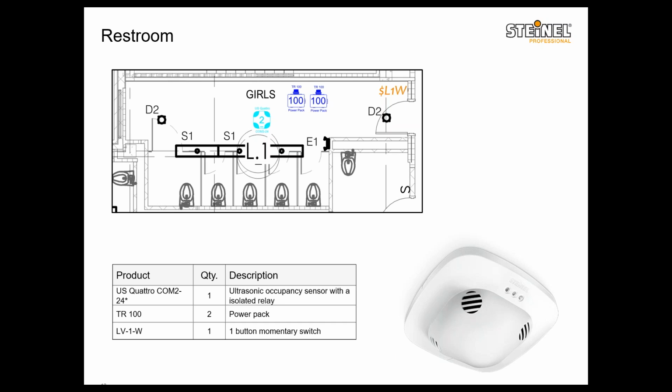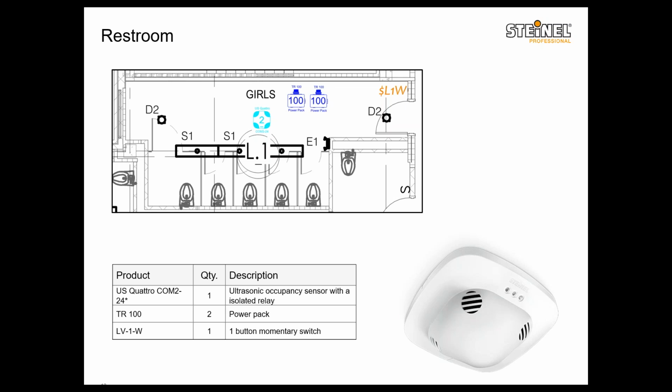The reason we don't go with a dual tech sensor in a restroom is that the PIR part of a dual tech sensor does not give us any advantage here, because you really want to make sure that people who are in the stalls are detected, and those people are definitely out of line of sight of the PIRs. So having a PIR function doesn't give you any added value. It's best to go with a US Quattro